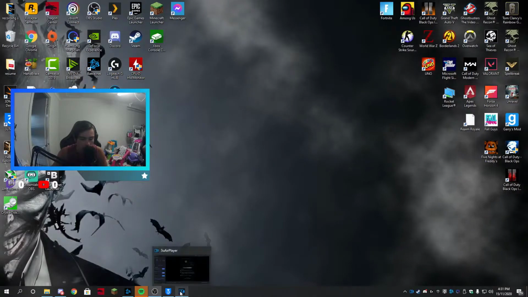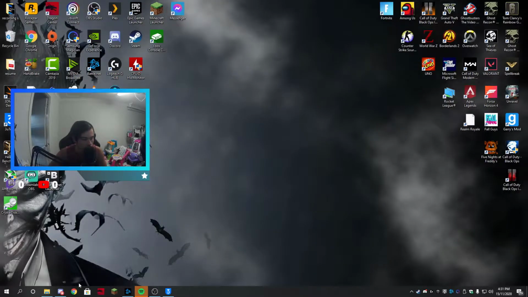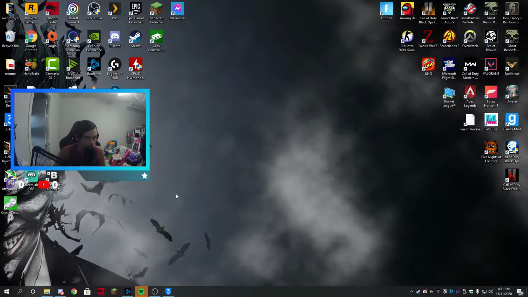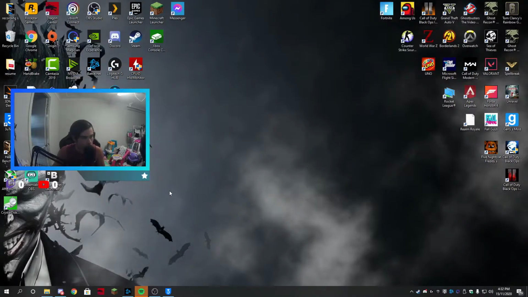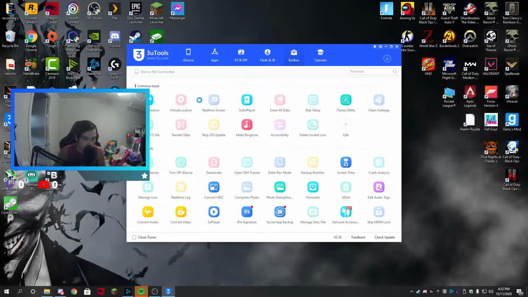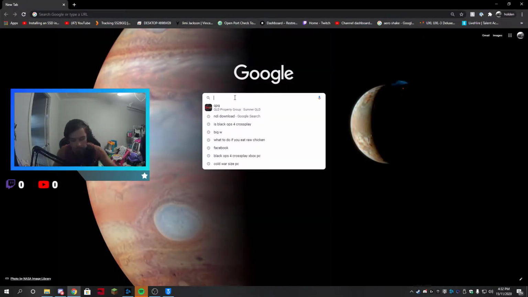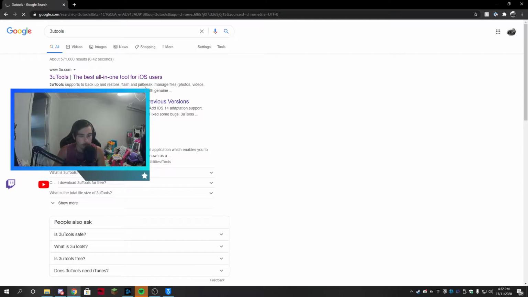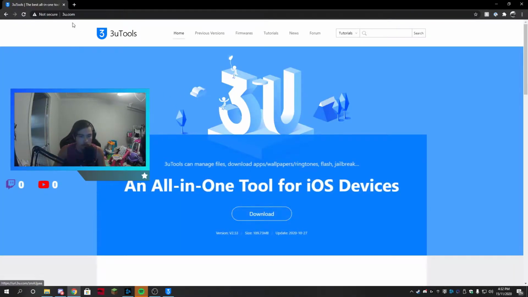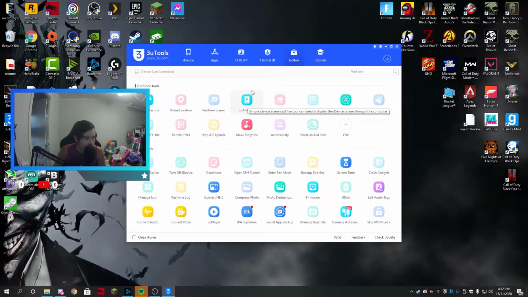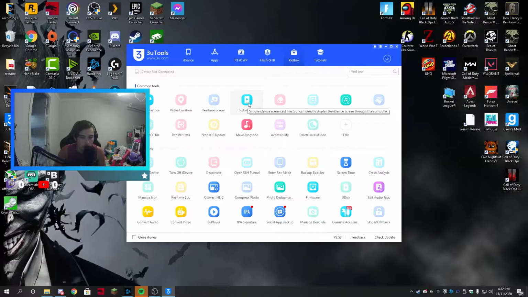Today we'll be showing you how to screen share your Apple iPhone. So what you want to do is download 3uTools, which you can find by just going into Google and searching it up. 3uTools. And you just download it from here. Just press download. I've already got it installed, but what you want to do is